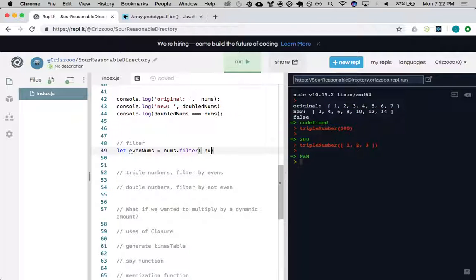So yeah, let's get used to the arrow. Let's set up a function that takes in an argument. The other thing about arrow functions is if we only take in one argument, we don't need to put parentheses around it. So we're going to take in one thing, and because we're looping over numbers, I'm just going to call it num. And we want to return a true or false value, and that value should be whether num